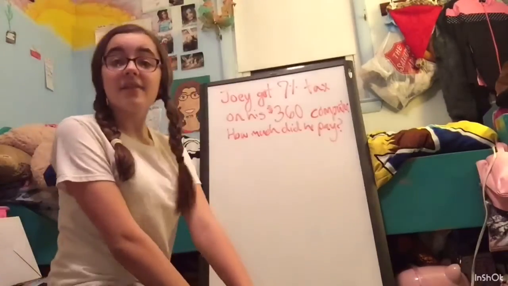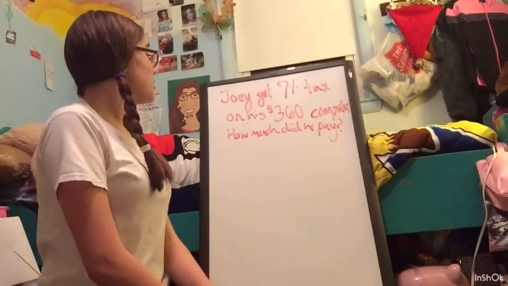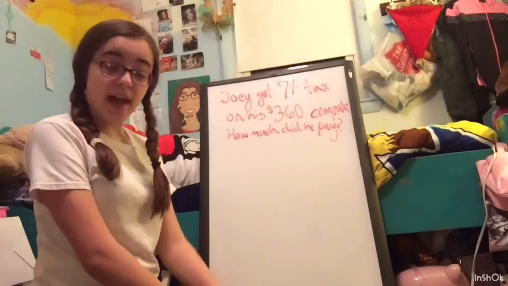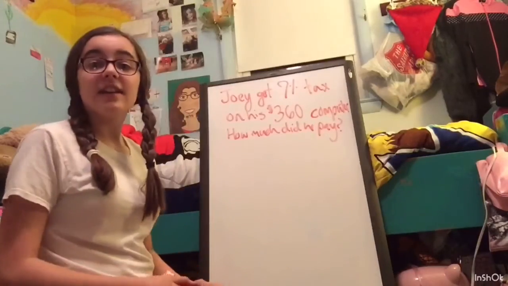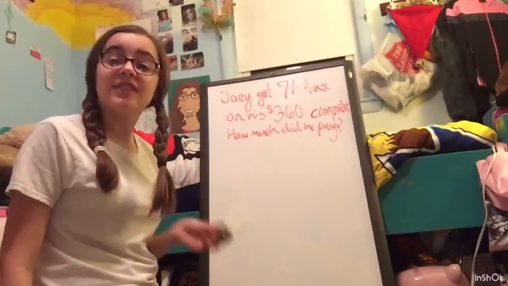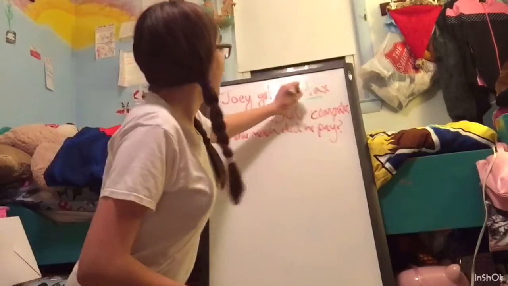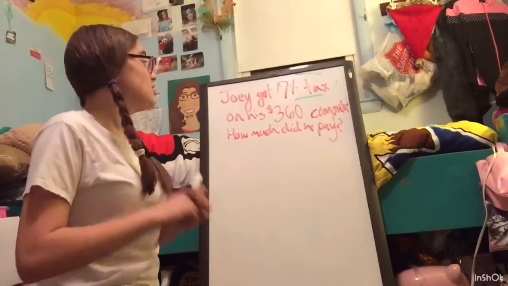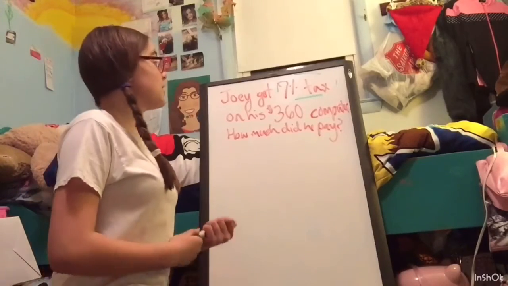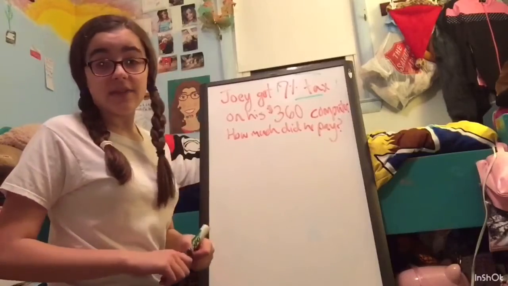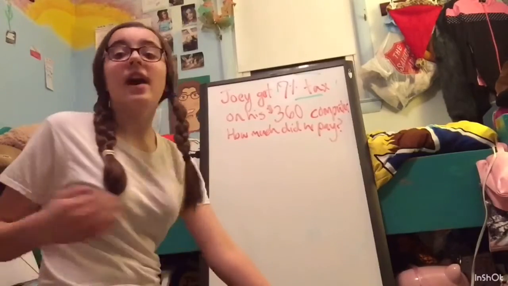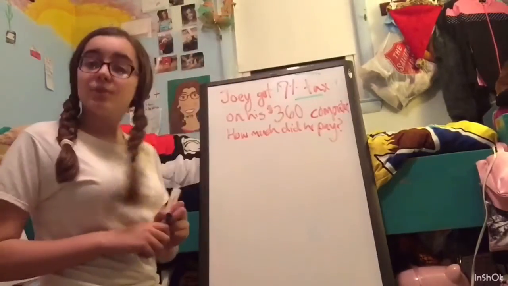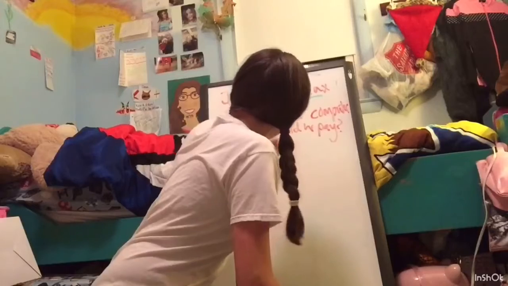Now, we have a new problem. Joey got 7% tax on his $360 computer. How much did he pay? This is using tax. If you recall back to when I was talking about tax and tip, you know that we are adding because tax is the amount of money that goes to the government. So, if Joey got 7% tax, that's 0.07 because it's 7% of 100 or 0.07 of 1 whole or 7 hundredths. So we can go straight in and do 360